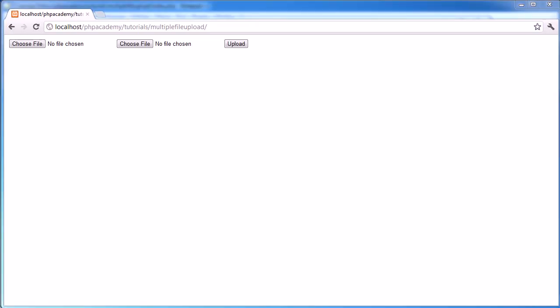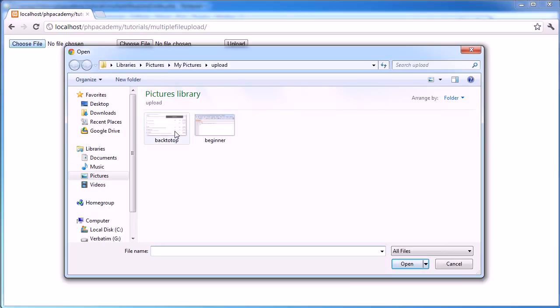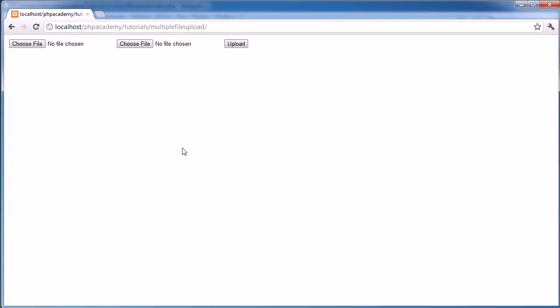In this video I'm going to be showing you how to perform multiple file uploads with PHP. And we're going to look at two different methods of doing this. The first one is going to be, as you can see now, we've got two input fields, we've got two file inputs. So we can choose a file, select a file from our computer, and then we can upload it through the